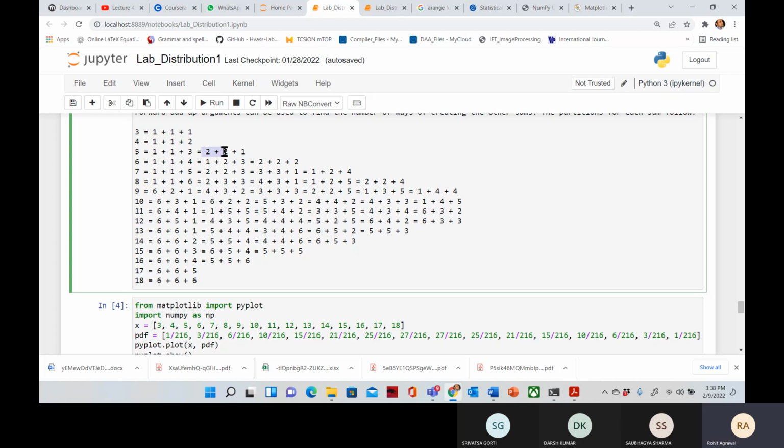Okay. And similarly for the next one, if the summation is 6, so it can be 1 1 4, it can be 1 2 3, it can be 2 2 2. Okay. So it can be 1 1 4. What will it be for this? Factorial 3 divided by factorial 2. Yes or no? Yes, sir.